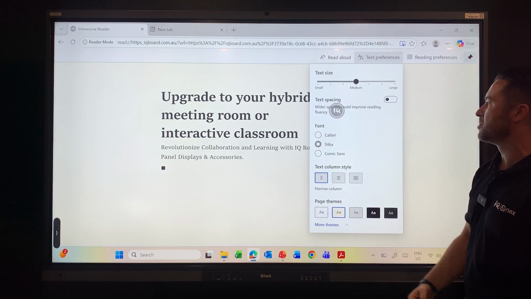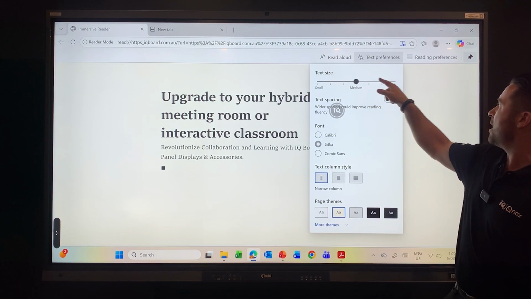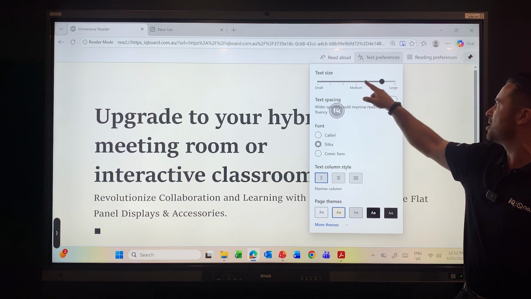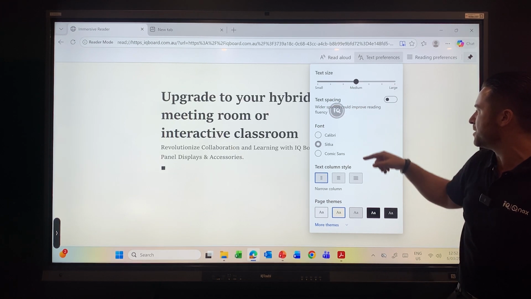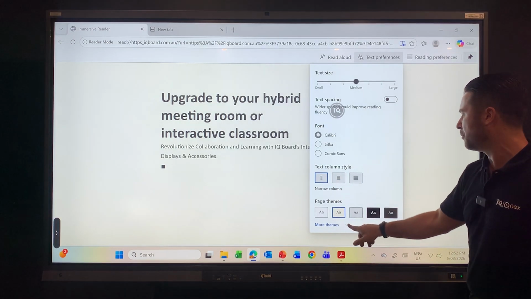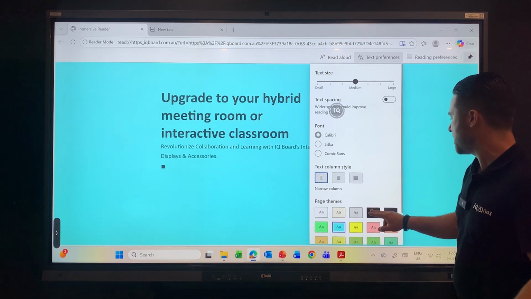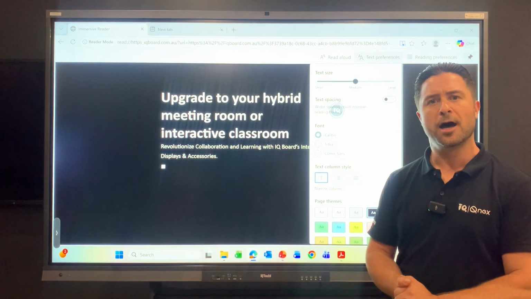So this is a way to really highlight the text that you want to present, and you can manipulate some of this. We can make the text larger or smaller, large for this or medium for this instance. You've got a few different fonts you can choose from, but where it's quite nice is in your page themes, we can change that background color and font to make it pop,